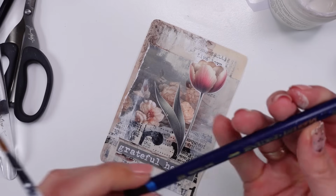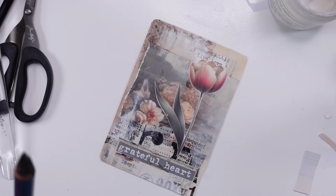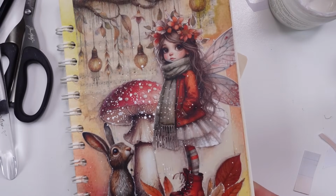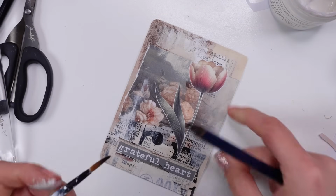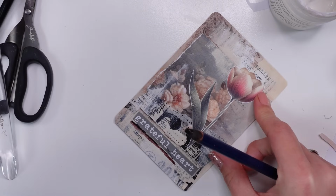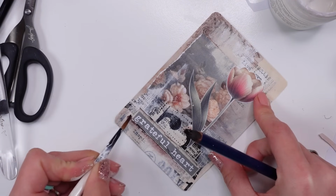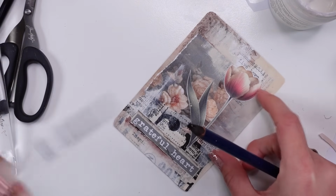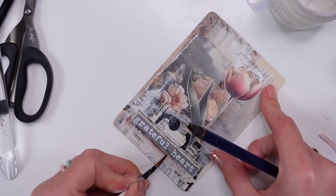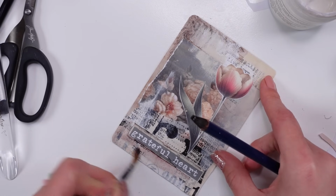Let's try this. I have the dark chocolate, so let's do a little bit of shading. I've done the same here. If you haven't seen this page, check it out. I've done a little bit of shading here on this page as well with the same ink tents. I love working with ink tents, always did, and I still have the love for it. So I'm gonna just add a little bit of that brownie color, not too much either, because I love how the colors are here, which is a little bit of greeny. I love that greeny shades here. They're matching very well with each other,